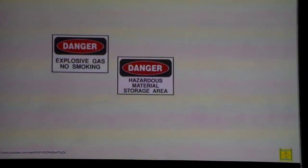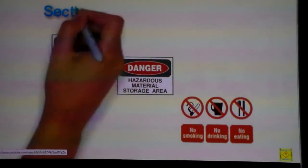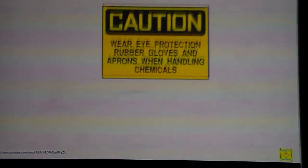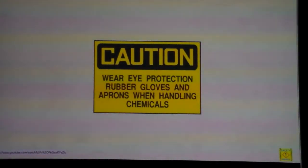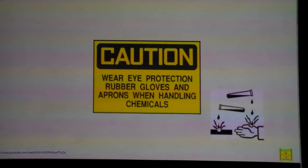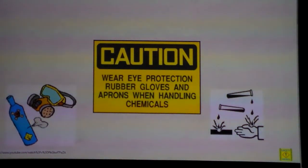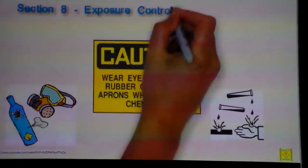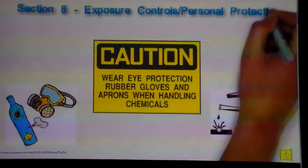Are there any specific cautions we should be aware of to make sure we are safely handling and storing the containers of this product? Is it dangerous to store in certain places or near other chemicals or products? Does it have to be in a temperature-controlled environment? Section 7, Handling and Storage, provides this information. When using this product, what personal protective equipment should we be using? Should we use special gloves, splash goggles, or protective clothing? What should we do to prevent exposure to any hazardous chemicals in the product? Will we need to provide extra ventilation? Section 8, Exposure Controls, Personal Protection, tells us what we need to do to engineer a safe environment when using